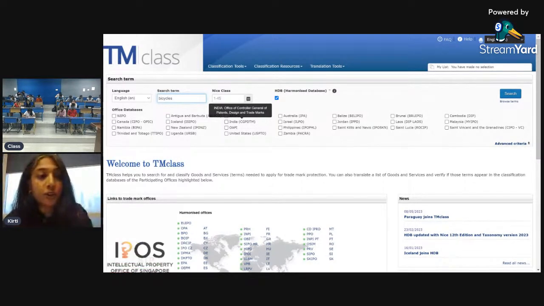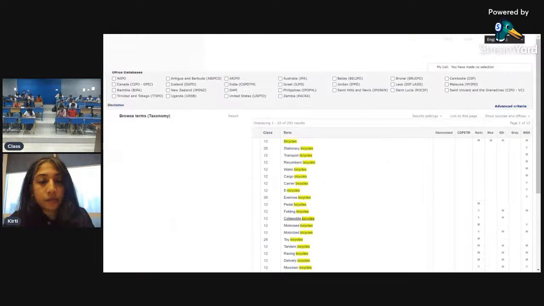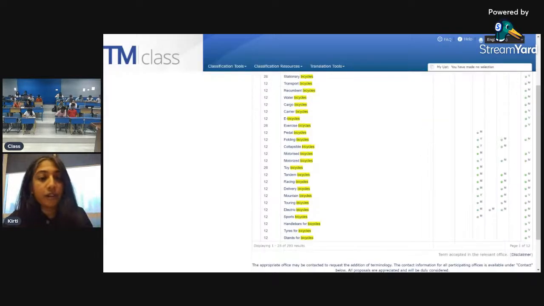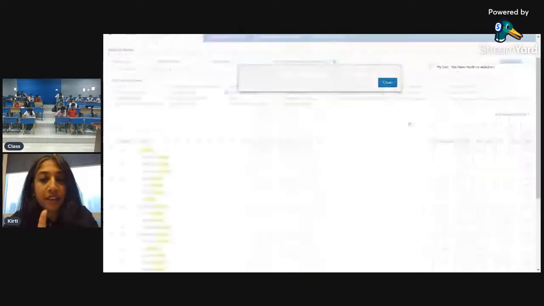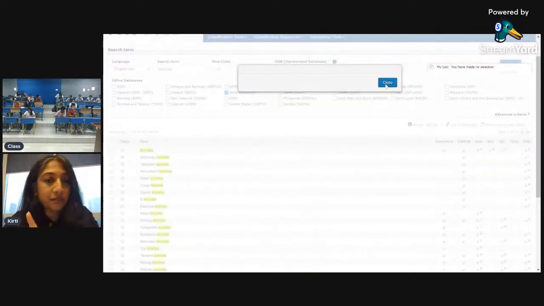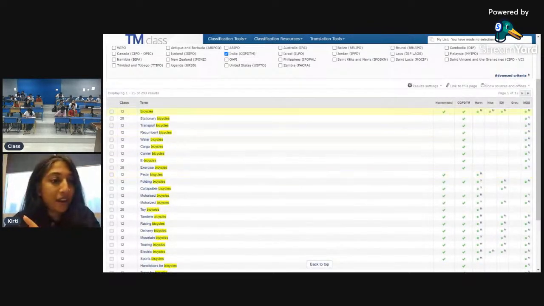So once we search for bicycles, you don't know what class it falls under. You select India and you hit search, and it tells you where bicycles fall under. So if you notice, there are two sets of classes provided here. One is class 12, where you have a category of bicycles and vehicles.